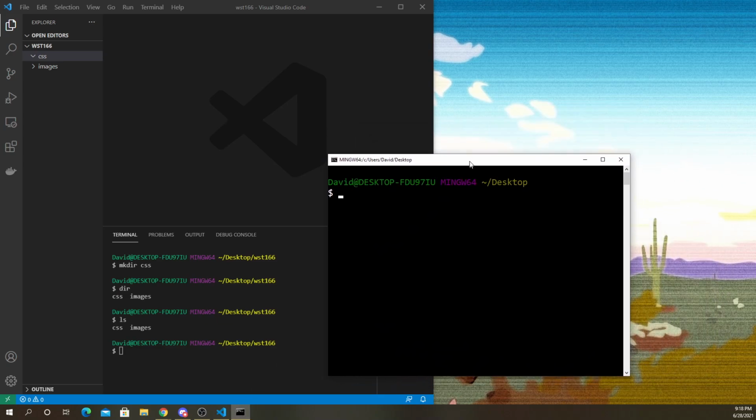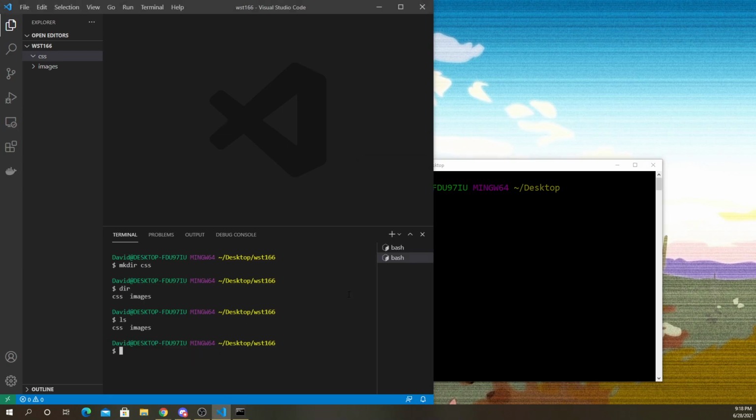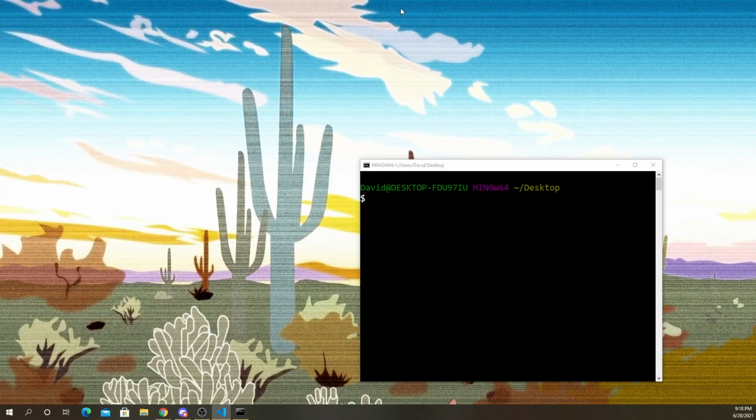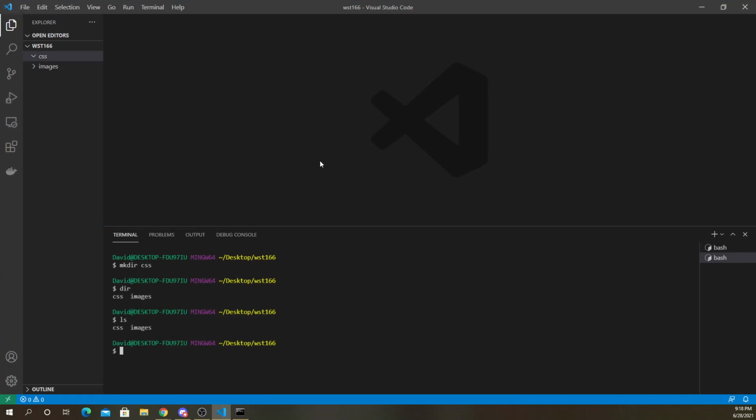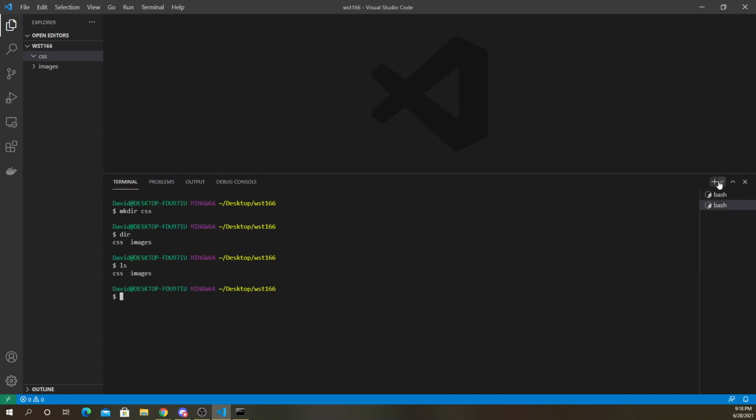It gives you a command line interface, and behind the scenes it's using the bash shell. So is this one. Now, command prompt is a different shell, and Visual Studio Code actually lets you use different types of shells. If I click this plus sign in my terminal, or click the little drop down, we can see that I can use PowerShell, command prompt, Git Bash, and some other ones.